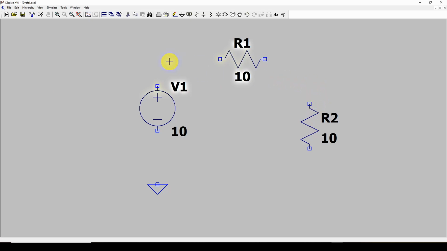So the next thing we need to do is to draw a wire around this to make this a closed circuit. So you go up here to this pencil looking tool and click on it. It says wire and it gives you these crosshairs. So I'm going to start down here on my ground reference in this box, click, and that will start a wire. And I can drag it up and I can even go past this voltage source, click right here,